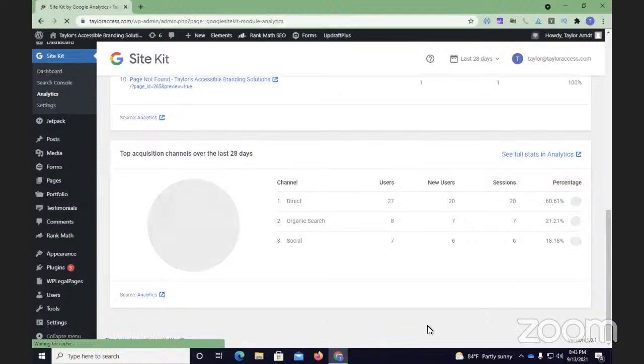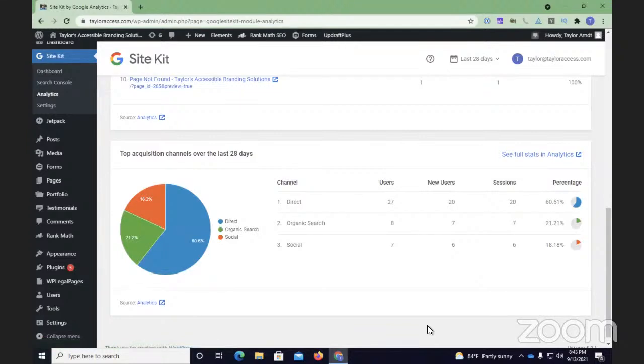I think that there could be a little bit more improvement in terms of the charts. But overall, I'm able to get a very clear picture of how my sites are doing and to understand where my visitors are coming from, how to help them make better informed decisions, and to understand how people are finding my site. So overall, Google SiteKit is definitely a plugin that I would highly recommend that you check out for your WordPress sites.